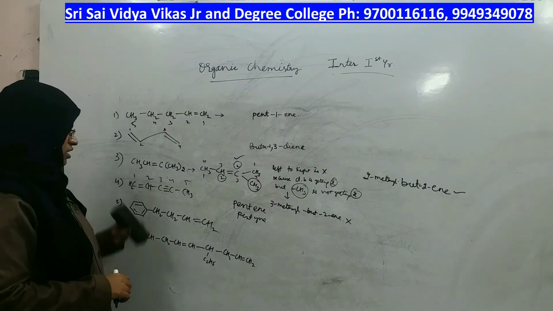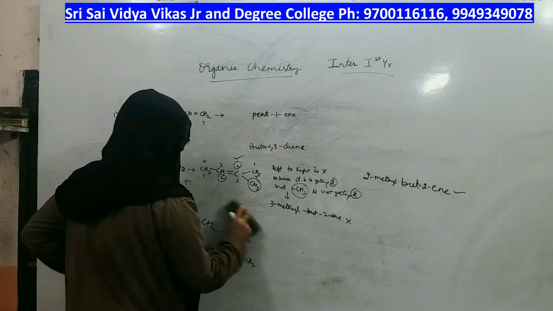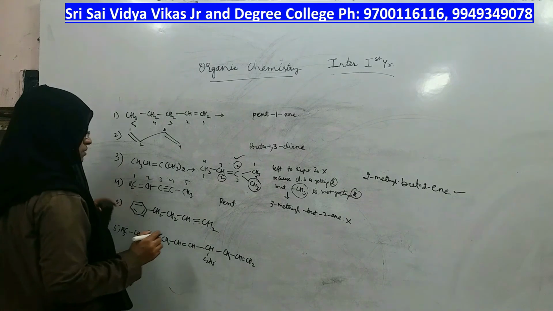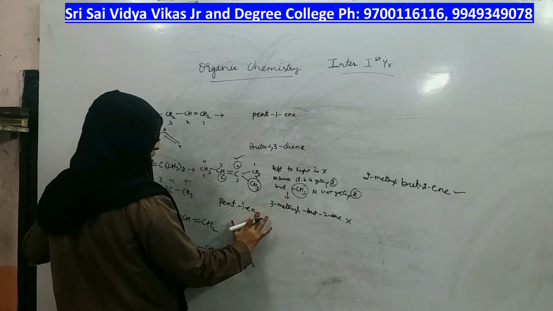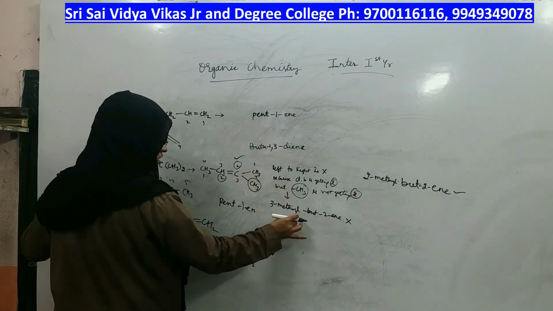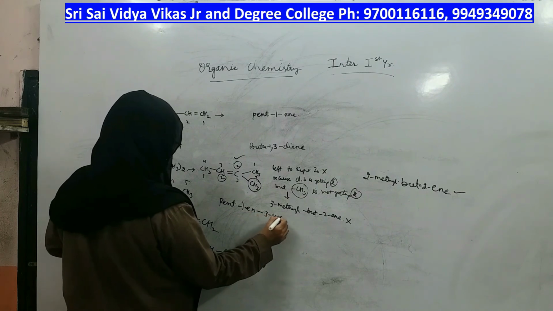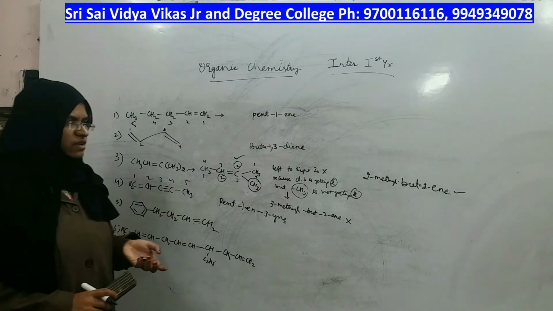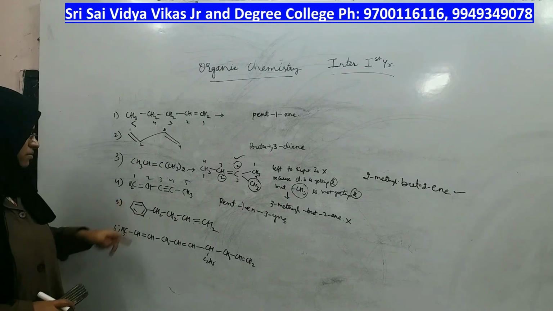So same way for numbering also you have given preference to double bond, and for writing the name also you have to give preference to double bond only. So after writing the root word as pent, where is the double bond present? 1. In the end E should not come, because after writing the complete name E should be there in the end. In between E should not be present. At first position en is there, and at third position yne is there. Then at the end only E should be there. In between it should not have any E, whether it is for alkane E or alkene E or alkyne E, right? Coming to the next compound.